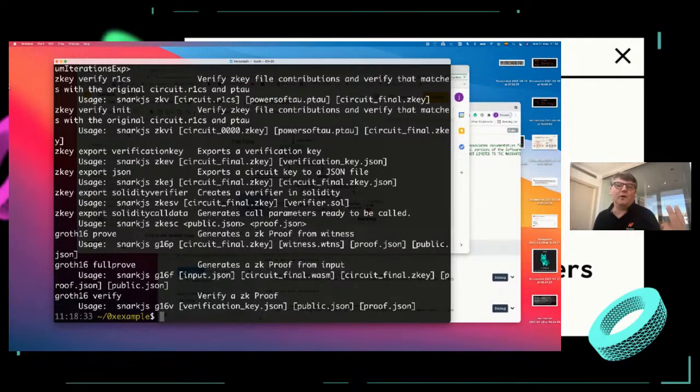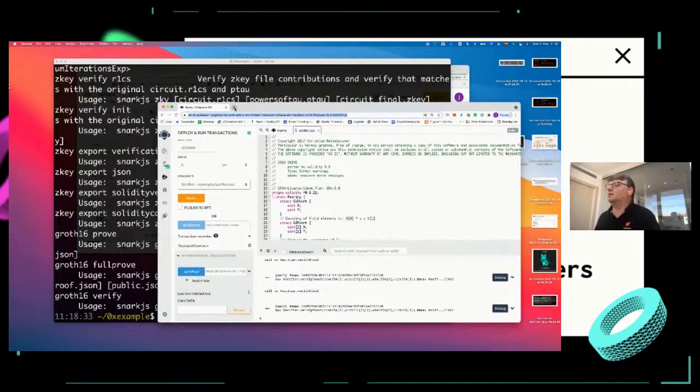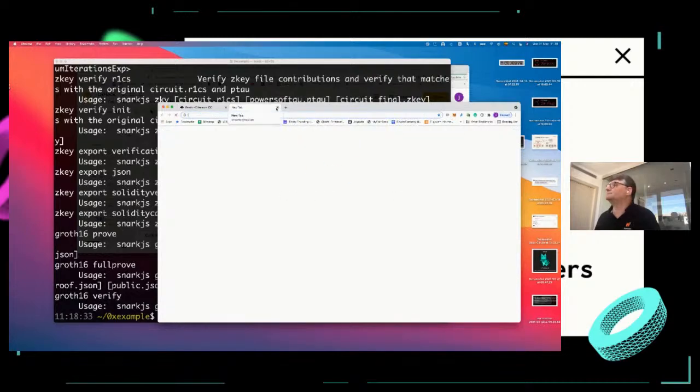The ceremony has 2 parts: a trusted universal ceremony, that's the powers of tau, that has already been run, or is still running in many places, and then the part specific for the circuit. What I'm going to do now is download the result of this trusted setup ceremony. In order to do that, I can go to